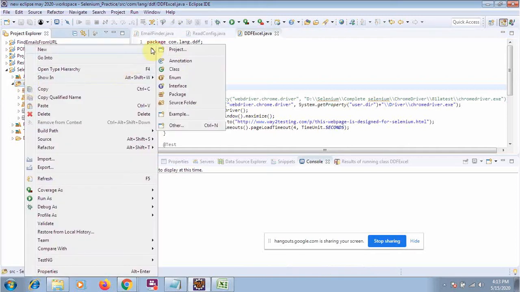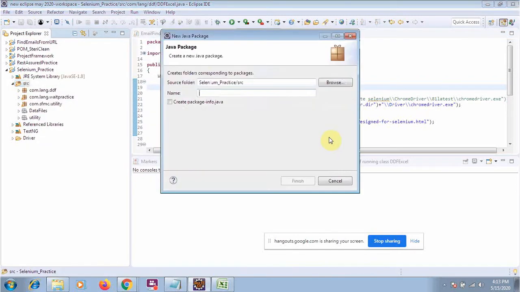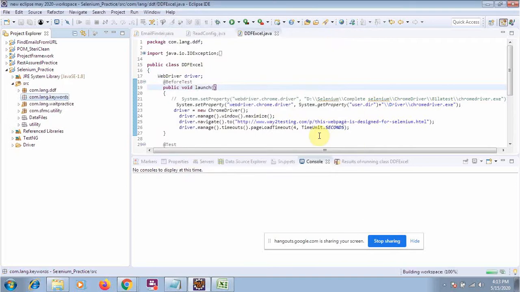It's hanging, I think. Let me create a package, give it the name com.man.keyword. Okay, keyword. So here I will create my keyword driven test cases.